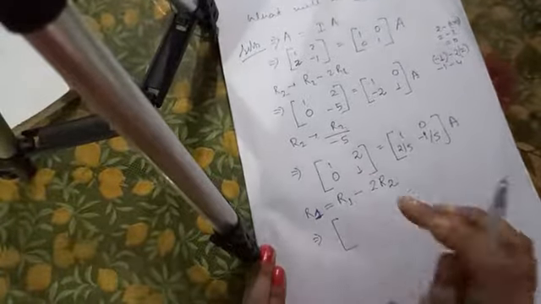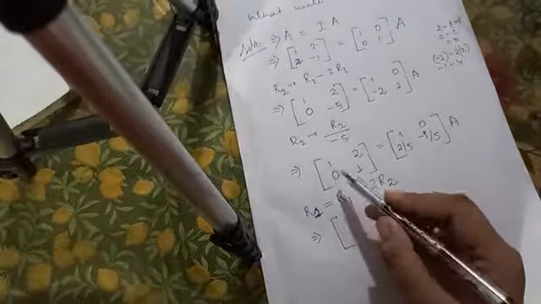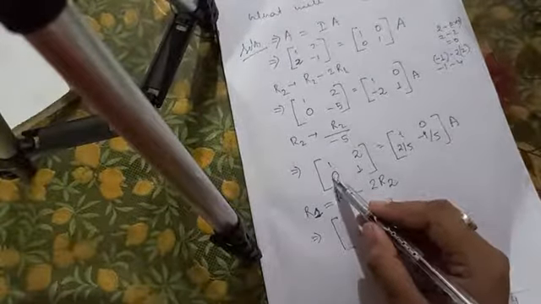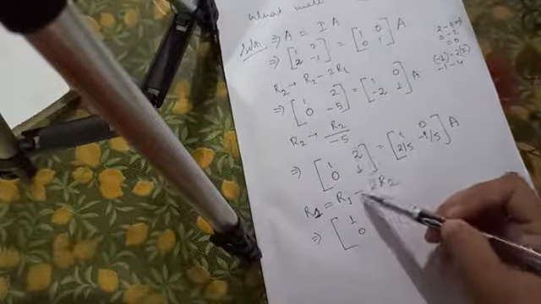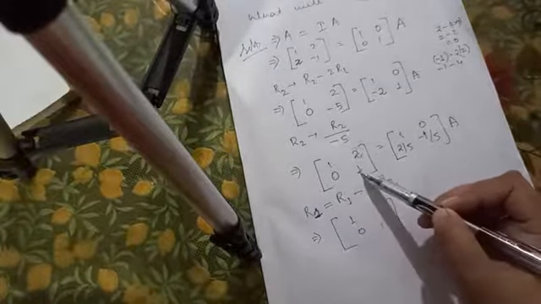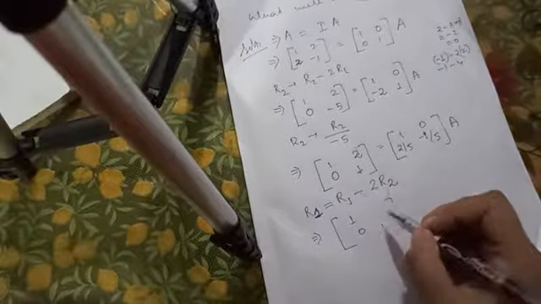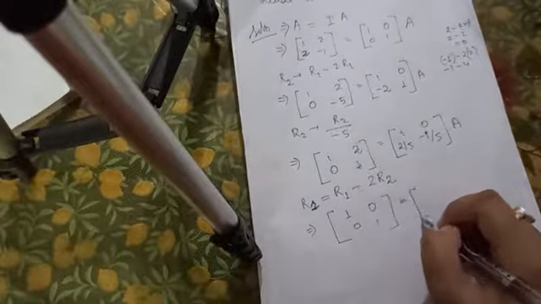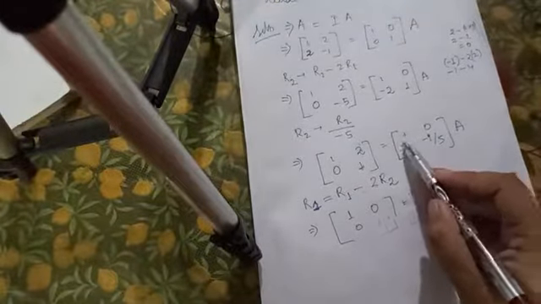Now if you see on your left hand side, row 2 will remain the same. What will change is row 1. So 1 minus 2 times 0 is 1. Row 1 is 2, minus 2 times the corresponding element of row 2, which is 1. So 2 minus 2 times 1 will be 0. So see how the conversion has been done here. And in place of this, 2 by 5 and minus 1 by 5 will be as it is. What will be the difference in your row 1?